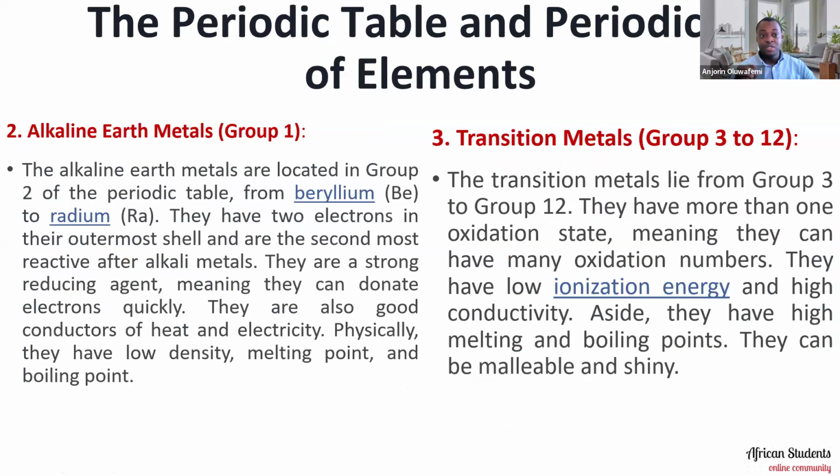Now, they are also referred to as the transition metals. They are very, very important too. The transition metals lie from group 3 to group 12. They have more than one oxidation state, meaning they can have many oxidation numbers. They have low ionization energy and high conductivity. Aside from that, they have high melting and